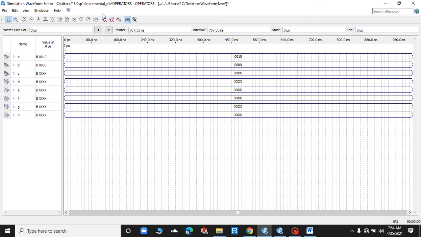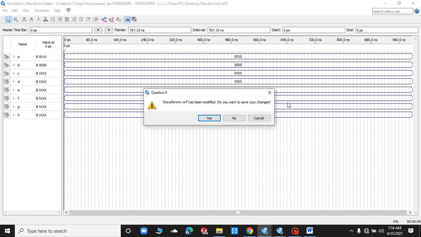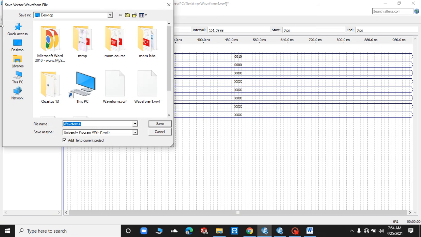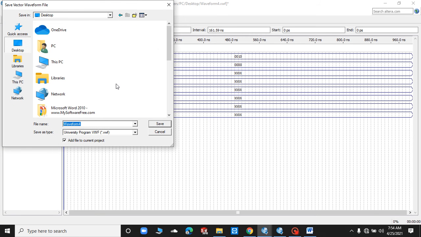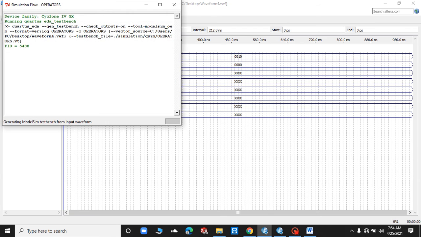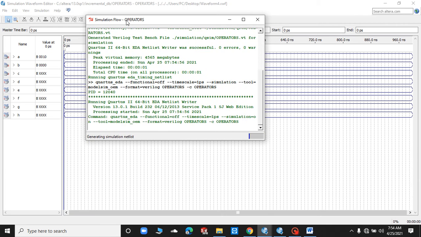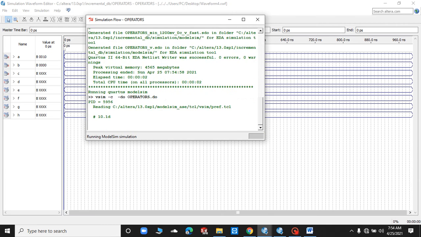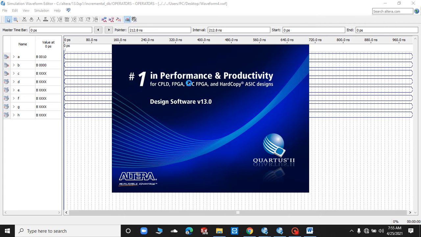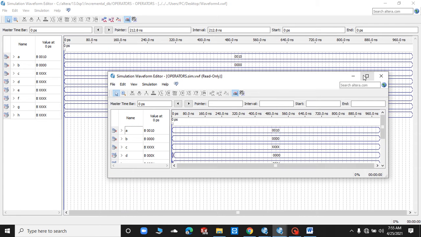As far as the implementation of this circuit is concerned, we will click on the implementation of this circuit. It will ask you to save the program, save it on desktop or where you want to save it. Click on save, and the simulation starts. You can wait a bit, and then the simulation just starts to simulate the circuit.